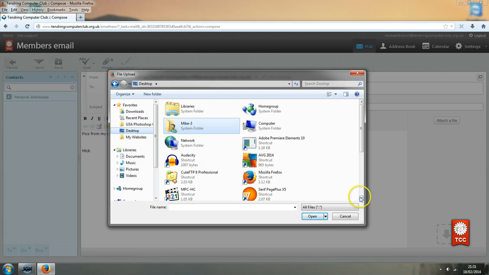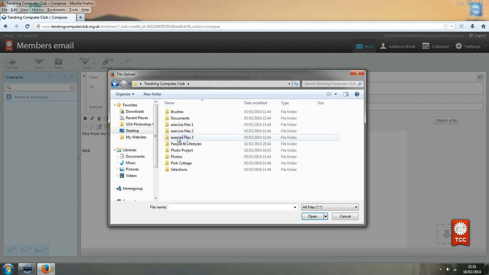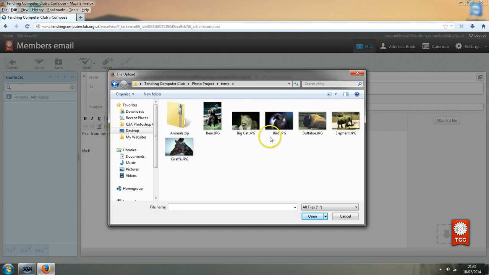we'll go to our Tendring Computer Club folder, double click to go into that. We will double click to go into the photo project, and here's the temp folder that we created. Double click to go into there. Here's our files that we copied into this folder, and there's our animal zip. So we've got it selected. Just click on open,